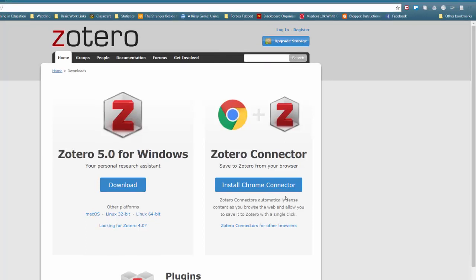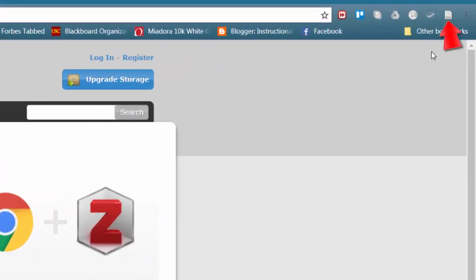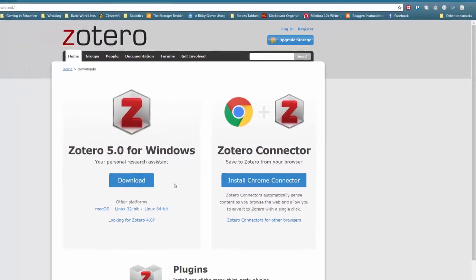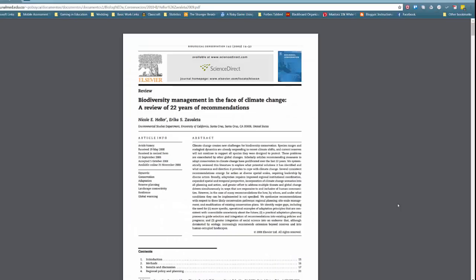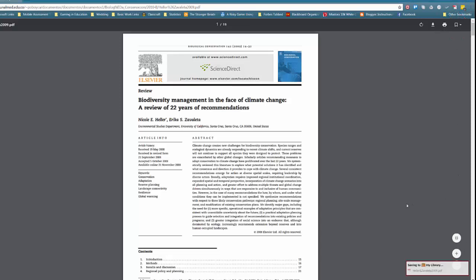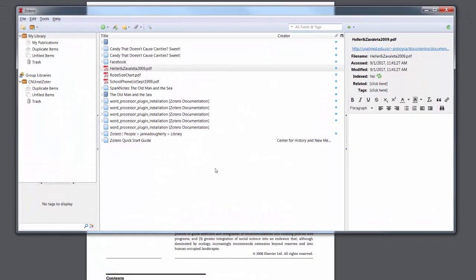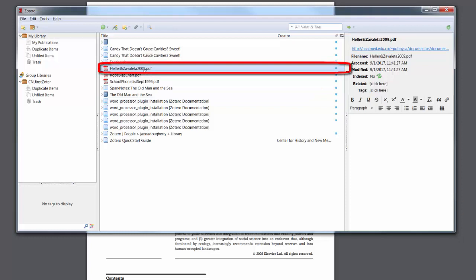The Zotero plugin, once installed, can be seen as a small icon at the top right of your Chrome browser, like here. This plugin has a single function, yet that function can be incredibly useful when performing online research. When on a given website, say an article in a scientific journal, if I click on the plugin's icon labeled Save to Zotero, it will create a fully cited item in my library. I can even see that indication here. So if I return to Zotero, I'll be able to see my article and an attached copy placed already within my library.